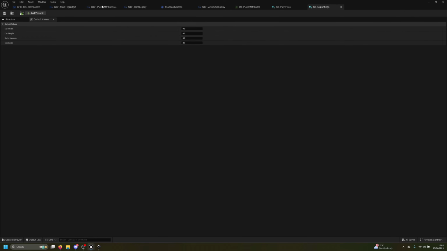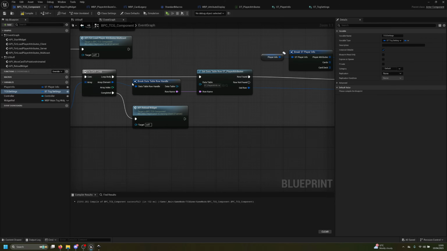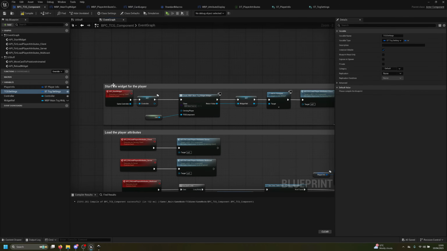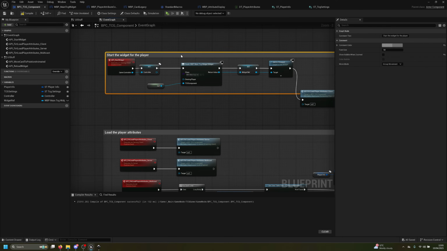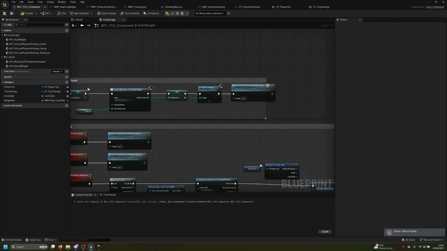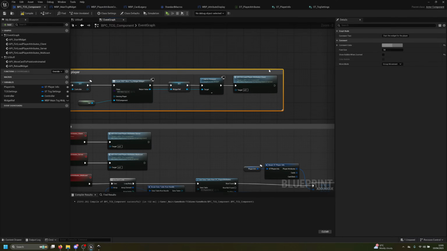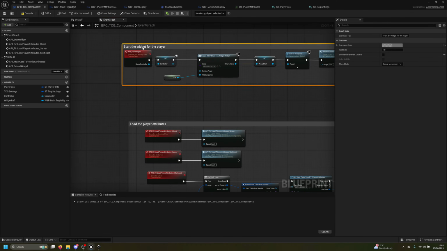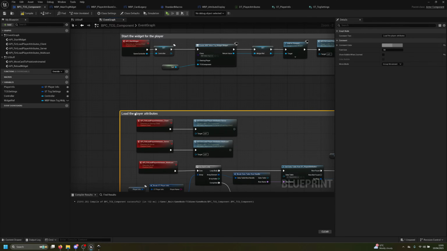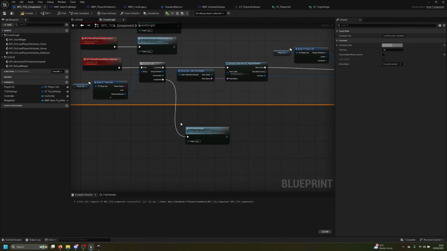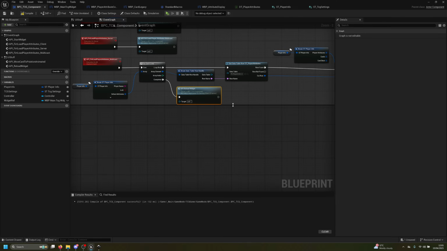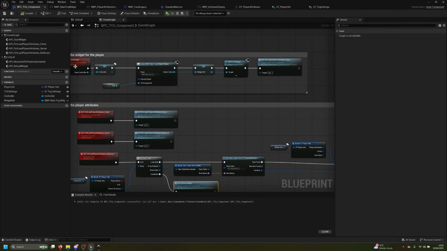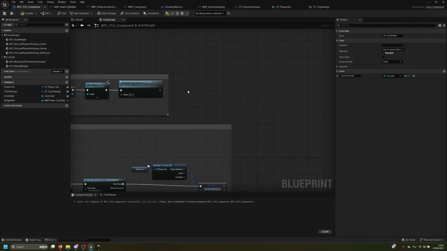Now, what happens is that when you go back to the event graph, we have start the widget for the player. What we would like to do here for now is create a dummy deck so I can add cards for my player. This is on the client, which is perfect. Now I'm going to get